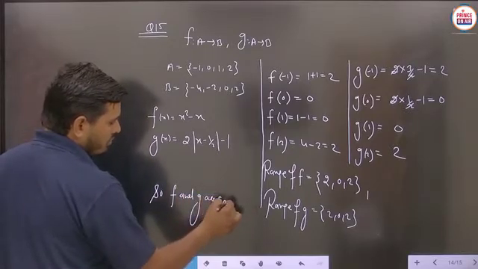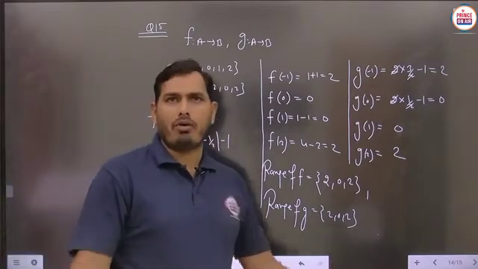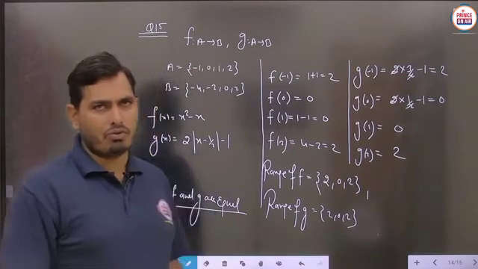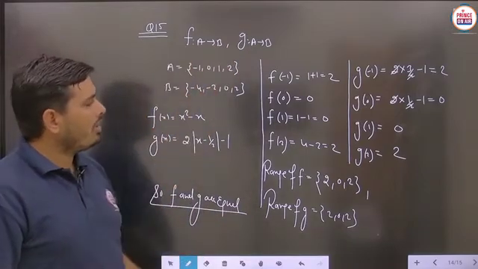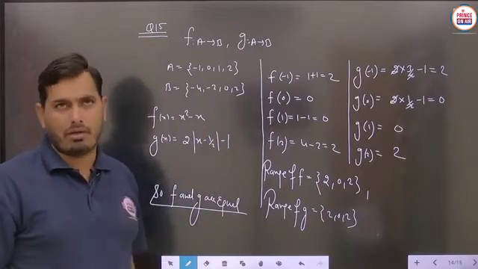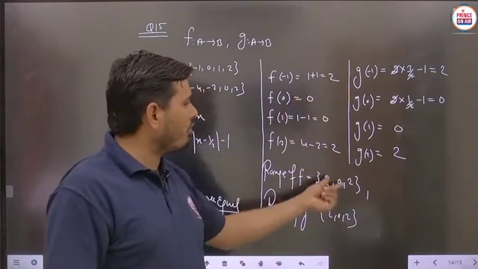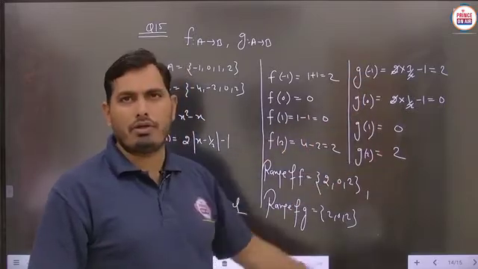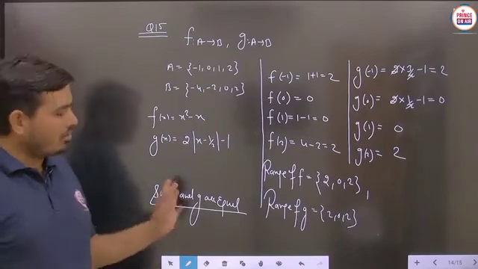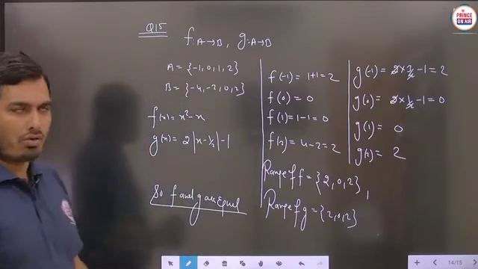So easily, student, you can provide the answer. Two functions are said to be equal if and only if their domain and range are the same. The domain is already given as equal, but you can check the range. Here B is not the range, B is the codomain. So we check the range part. Easily you can check the output of each and every element according to the given definition of the function, and we will obtain the same range. Then we can say that f and g are equal functions. Is it clear?